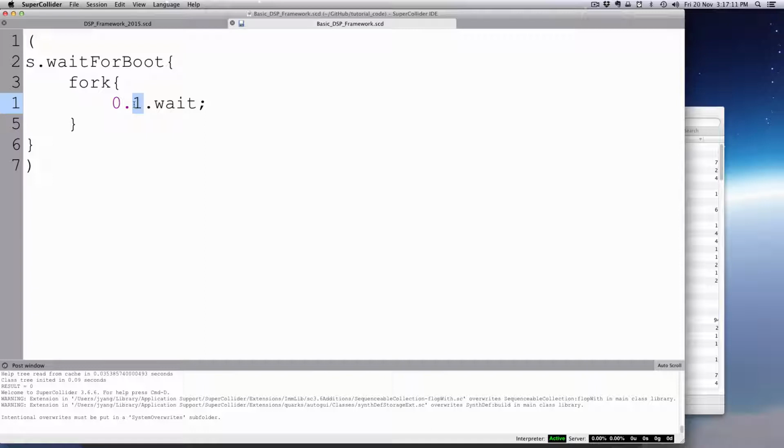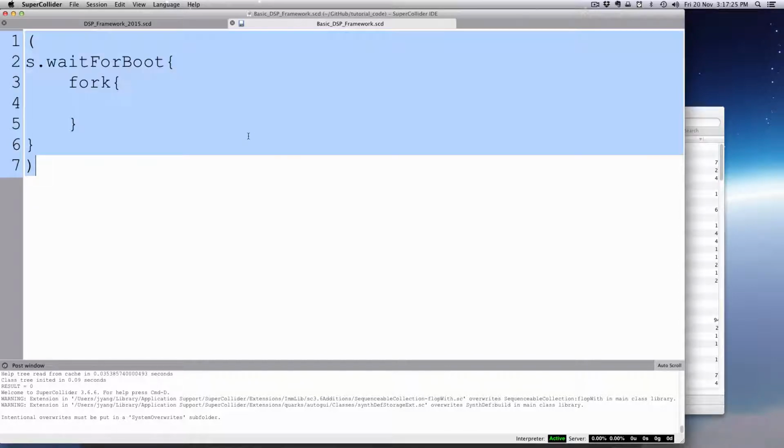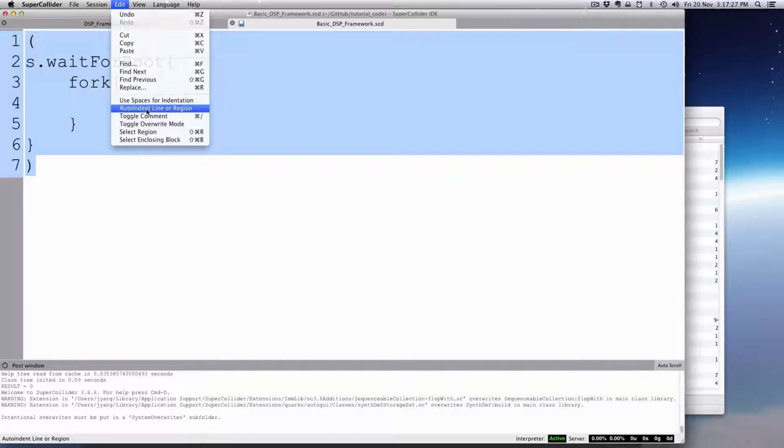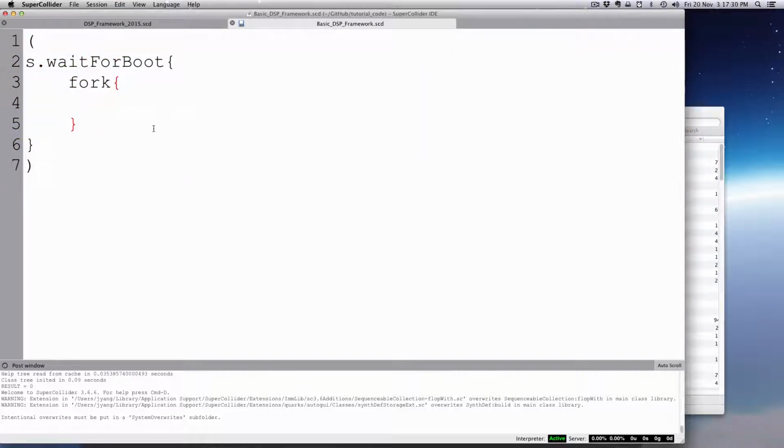Obviously, there's a lot of advantage in SuperCollider to having these real-time where you can re-execute blocks of code, and that's very handy. In this case, I'm just going to do things this way to show you a different way so you can run everything together. Okay, so that's a basic structure. Let's select all and go Edit, Auto Indent, and nothing to auto indent, shove everything over. Okay, now